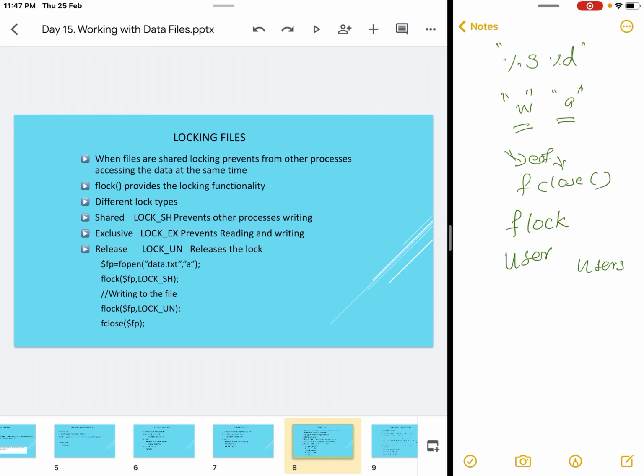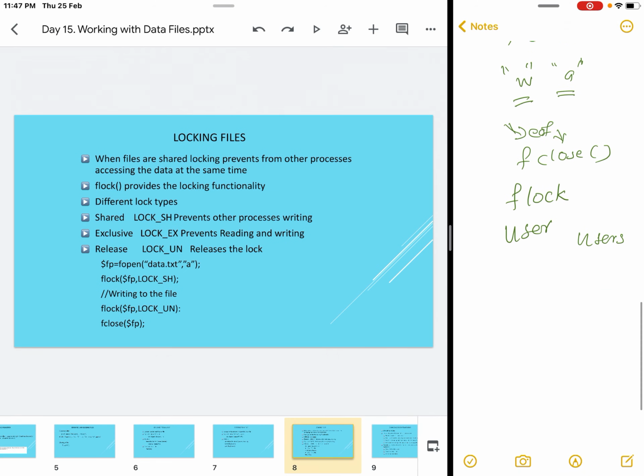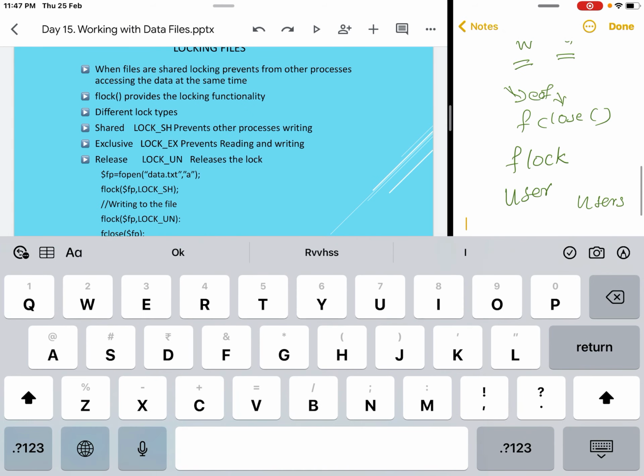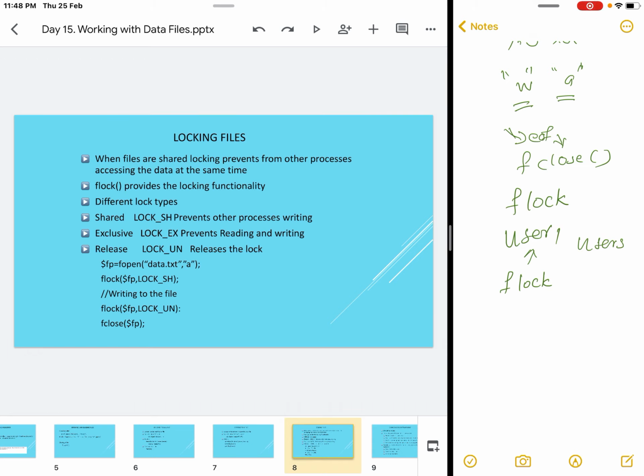But sharing the same file may lead to some corruption, or some data may be lost. If user 1 and user 2 are opening the same file in write mode at the same time, there can be a chance of losing some data. In order to avoid that, say user 1 gets the access on the file using the flock function. Depending upon the type of access specified as the second parameter, the file will be locked by user 1, and thereafter user 1 has the read and write permission.